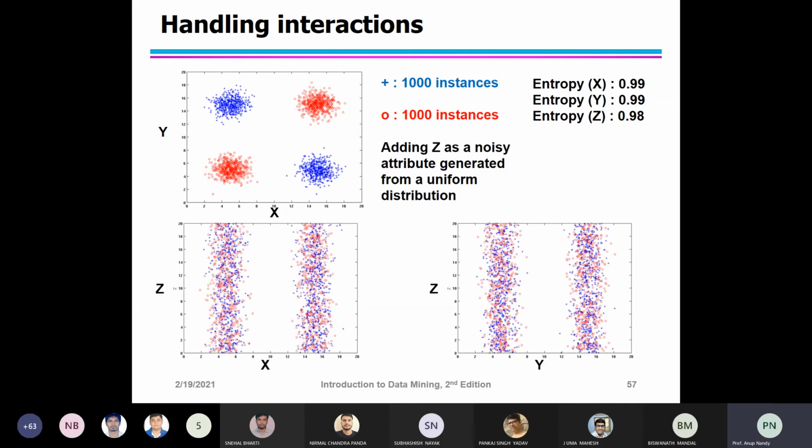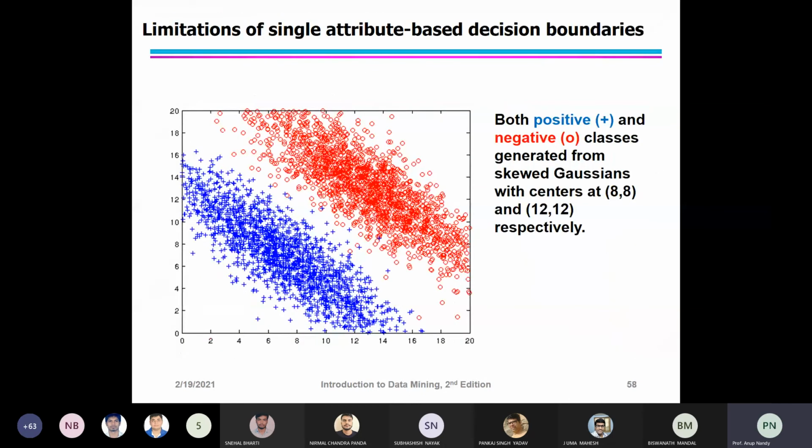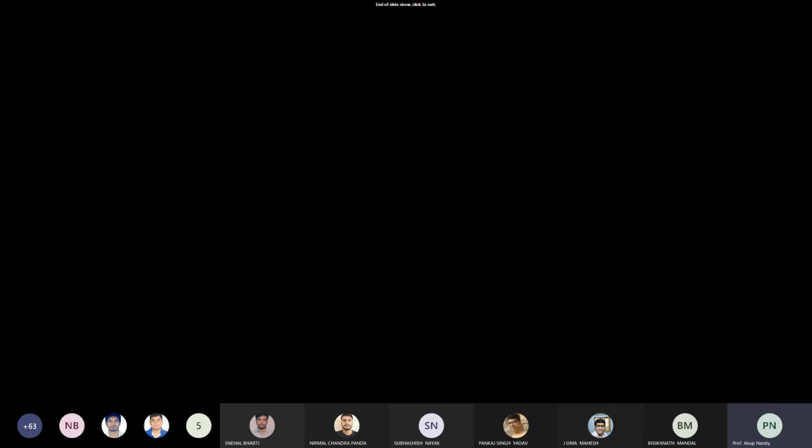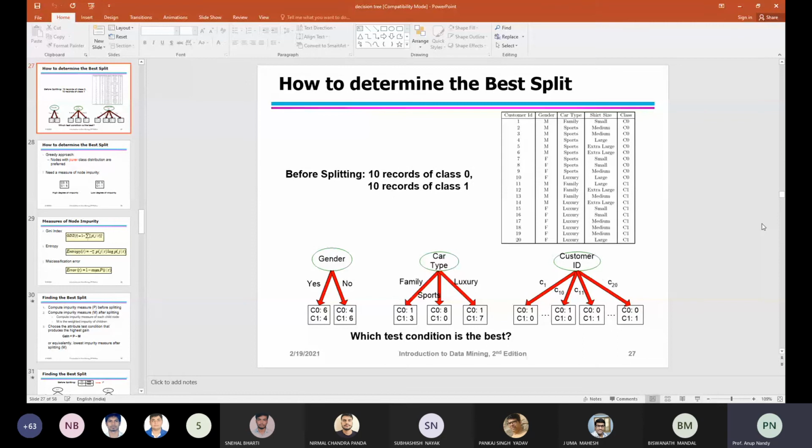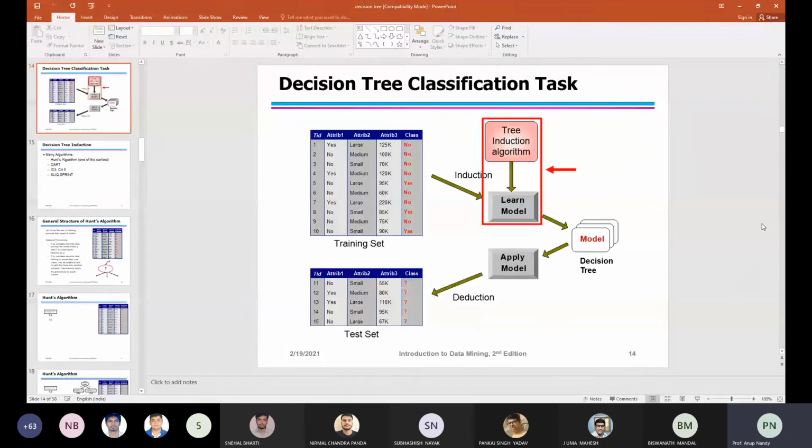It is just a program. If you add noise to an attribute in this case, then see how it looks. And if you are going to compute it, both positive classes are generated from the skewed distribution, and it is just a program. So that's all for these things. This is just an introduction part, and this is very important.